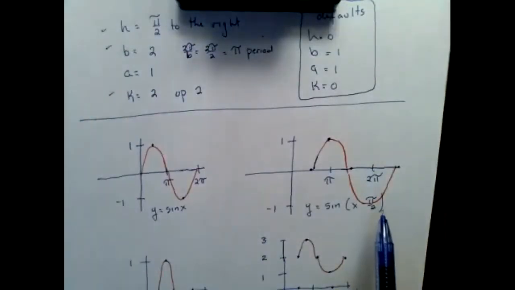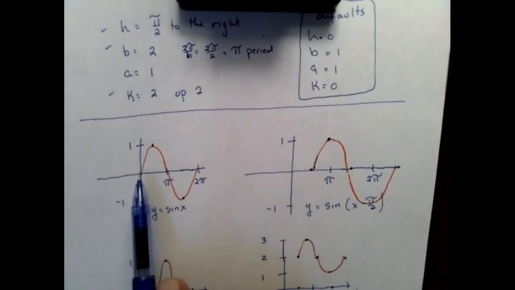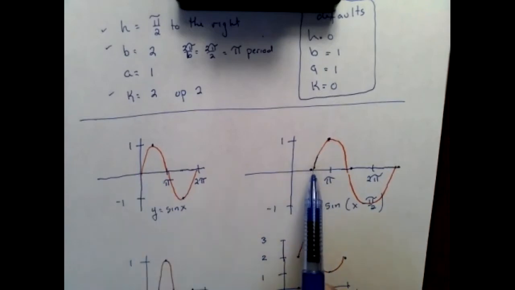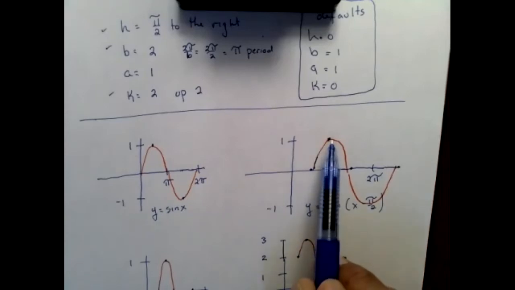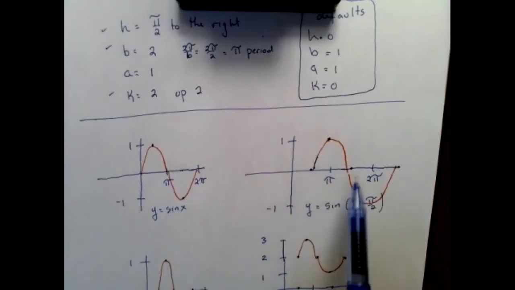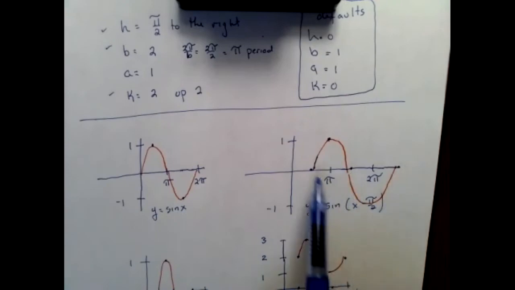Okay, the next one, I'm going to take my h into play. I'm going to move the whole thing to the right, pi over 2. So what was 0 is now pi over 2, dot. What was pi over 2 is now pi, dot. What was pi is now 3 pi over 2, 2 pi, and oh,